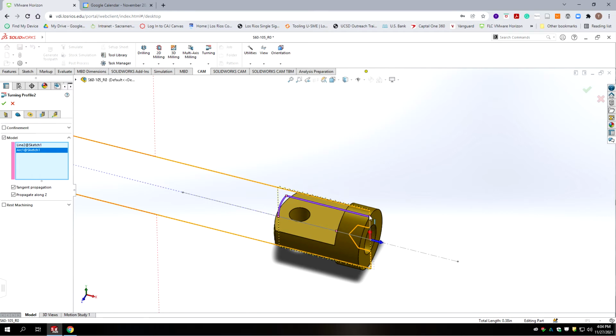Okay, so what we want to do is cut from here to here just at the outside diameter. And we're going to leave these other boxes checked at default. What this will allow us to do is it basically ignores the model and just uses that profile. Otherwise it's going to error out on these pockets here. Okay, and then under confinement,